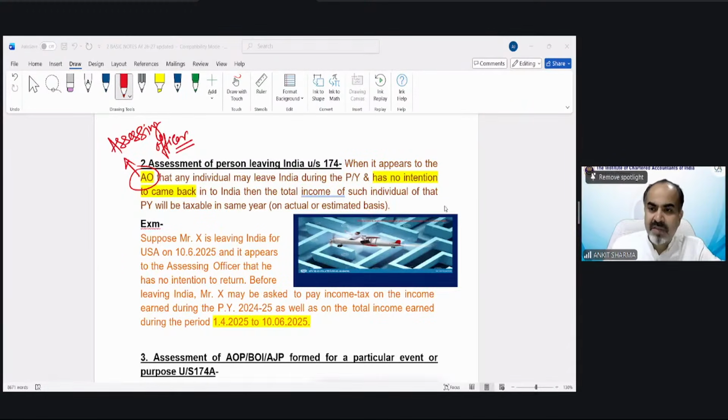Sumit is asking, someone who takes the responsibility, is he a deemed assessee? Yes, he would be treated as a deemed assessee. That would be as an agent, etc. Absolutely right. Well done, Sumit.